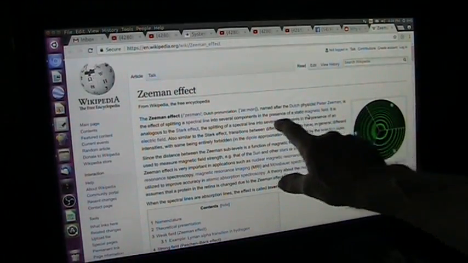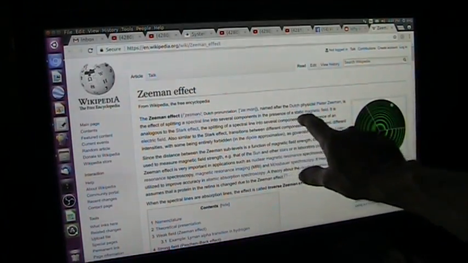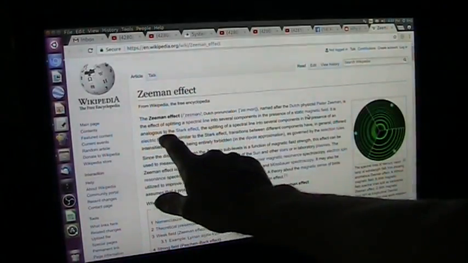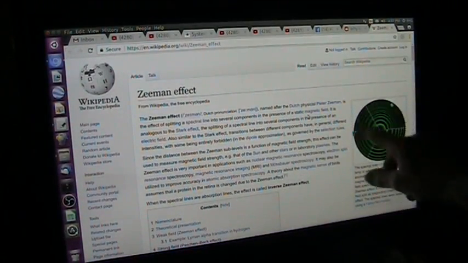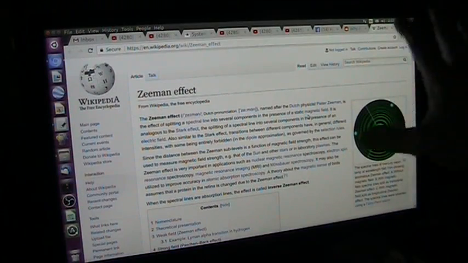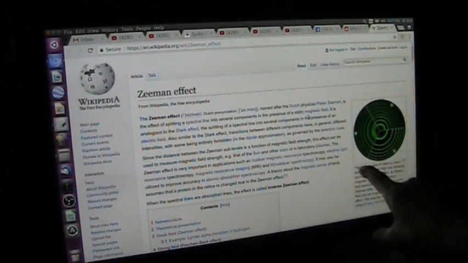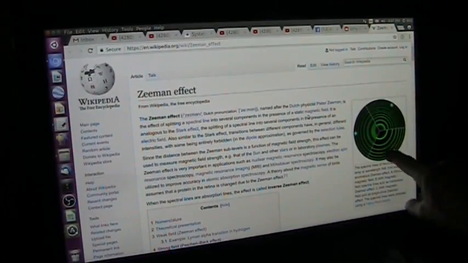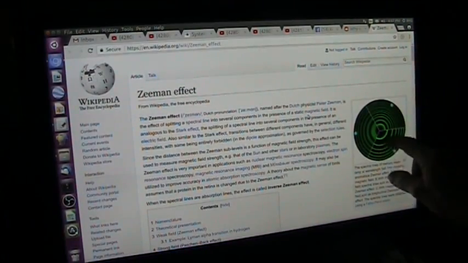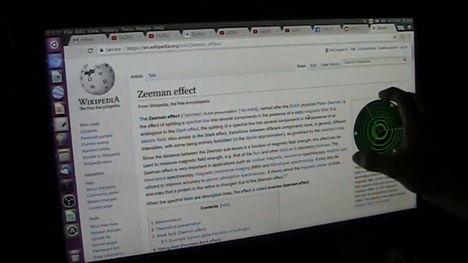Now, this is what they talk about. It's the several components of the present static magnetic field. It's analogous to the Stark. It goes on about a bunch of stuff. But remember this stuff, these circles. Those are what's coming down, and like it says, the spectral lines of a mercury vapor lamp showing the anomalous Zeeman effect. Without magnetic fields is this one. See, there's no magnetic fields wrapping around the